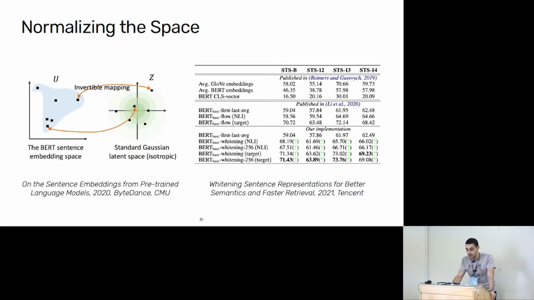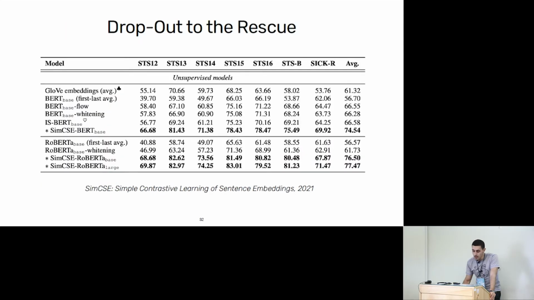What they have shown is that there is a massive improvement on the semantic text search tasks or semantic text similarity tasks if you do this kind of procedure. So this wasn't just a pure speculation that you need anisotropy in the space. It was actually proven. And with quite significant improvements, like 5–10% improvements over previous state of the art. So just to further show how much better it can be.